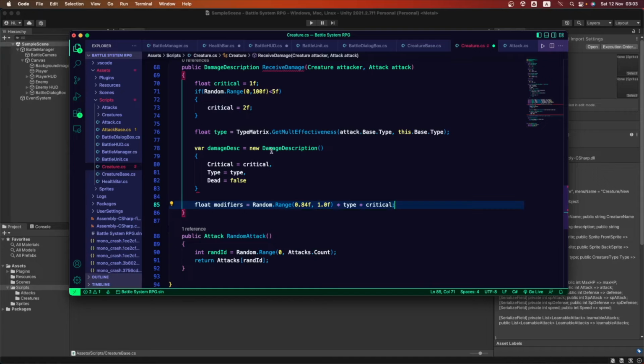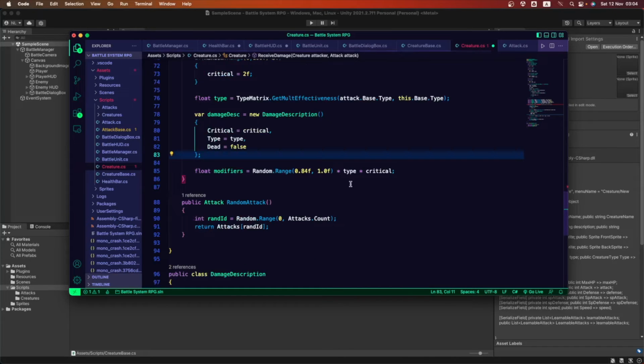So remember, because this one is of this type of class, this needs one at the end, semicolon, there it is. So don't forget to add the semicolon when you are using this type of variables and assigning it to this type of class.